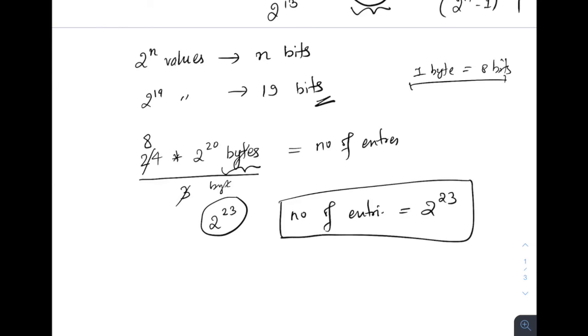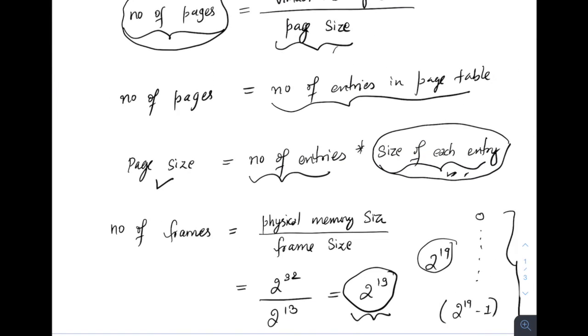This you got, and we already know from above that number of entries will be equal to number of pages. So number of entries in the page table should be equal to number of pages, right? Because for each page you will have an entry in the page table. The kernel keeps an entry. Even if let's say the page is not used, let's say there is no data in the page, then also the kernel will allocate some memory for that, even though there will be no values in the frame number or other valid invalid bits or other bits we are using, but the kernel will allocate a page table entry for that. So we know the number of pages here, right?